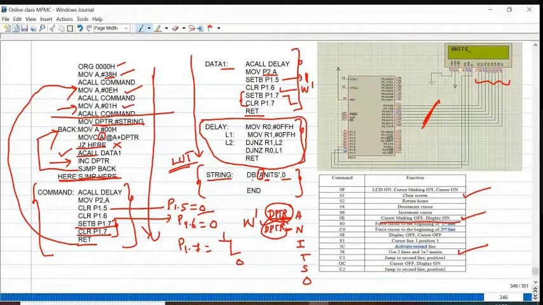Okay, I'm incrementing the DPTR. Move A comma 0 0. Now this DPTR value, accumulator value, @A plus DPTR move. So whatever information is available in this particular address location is moved to the accumulator. Capital N, the ASCII value representation of capital N. You will get 8-bit binary information. That 8-bit binary information is moved to the accumulator.